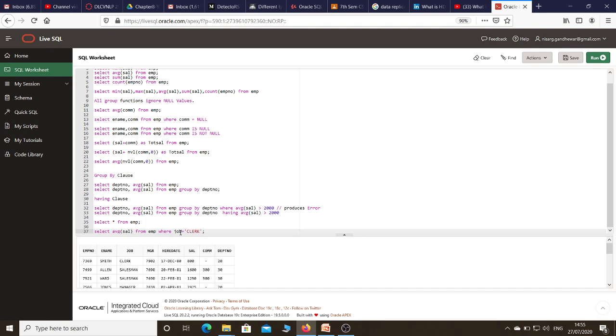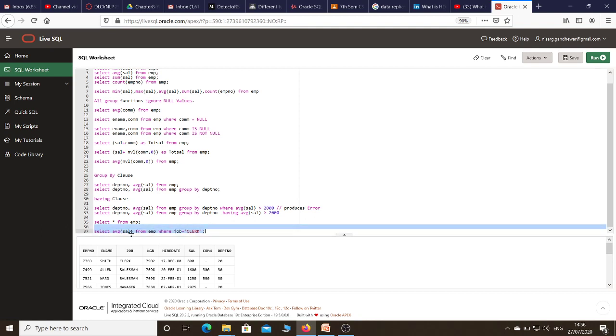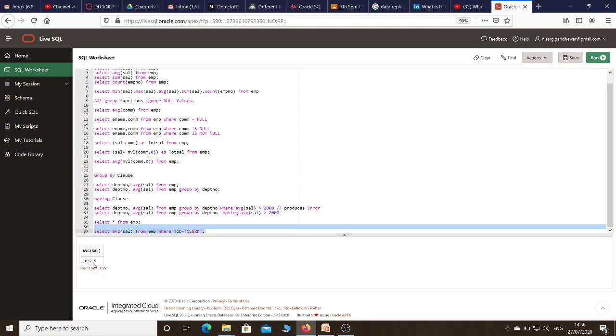SQL is not case sensitive, but the data present in the table is case sensitive. I want to get the average salary of all clerks present in the employee table. So select average of sal from employee where job equals to 'CLERK'. It gives me the value 1037.